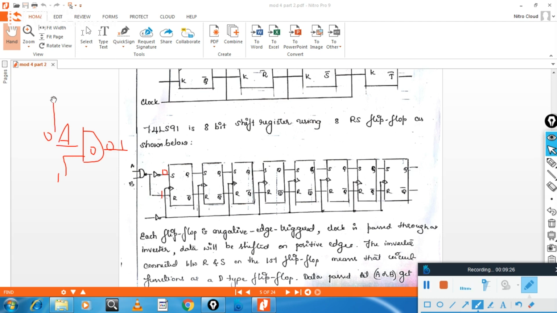So what is our input? Input is 0, that means the output is reset. If it is 1, then 1 and 1, the output of the NAND gate is 0, then the output of this inverter is 1, then that will be set. So for this purpose, you can use these gating inputs A and B. Either you can connect to ground or you can connect it to 1. You can use this input B as a control signal.